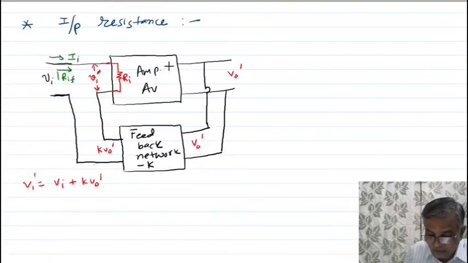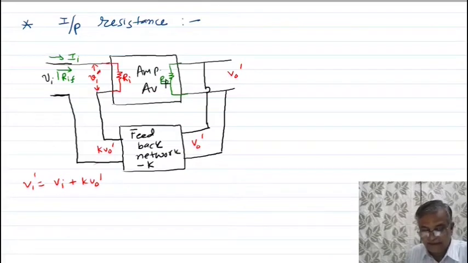Here the output resistance of this amplifier I am showing you is RO. When feedback is not applied, the output resistance is RO, and the input resistance is RI. Now, due to the feedback, the output resistance is also changed. Let me write ROF. Now, let us discuss the effect of this feedback on input resistance.